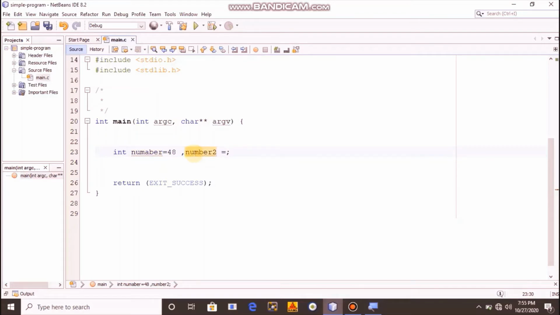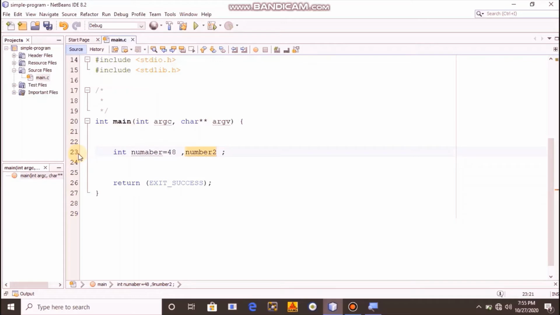You can give any name to your variable, but your variable should not start with any digit. If it starts with a digit, it will give you an error. For example, if I write a 9 before this, it will give me an error here, that you cannot declare your variable with a digit.